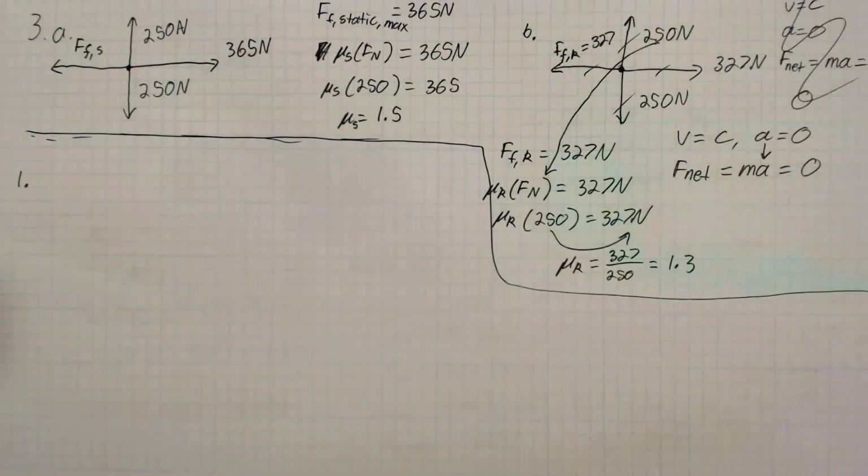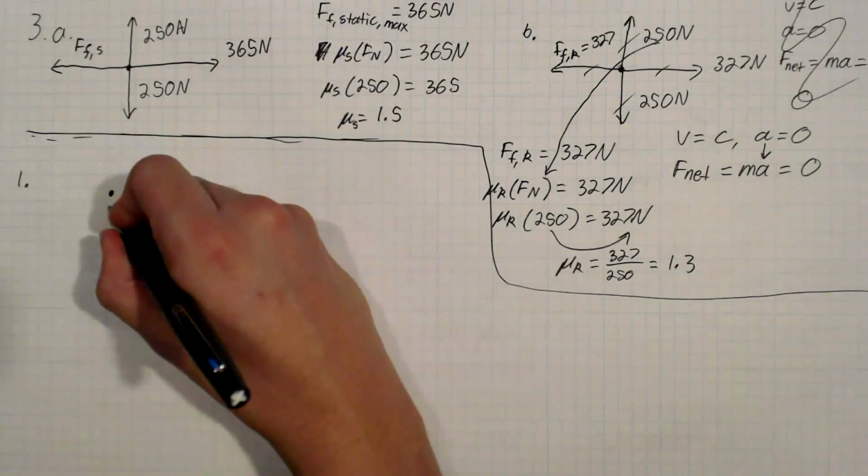A box of books weighing 325 newtons moves with a constant velocity across the floor when it is pushed with a force of 425 newtons exerted downwards at an angle of 35.2 degrees below the horizontal. Find mu sub k, the coefficient of kinetic friction between the box and the floor. Okay, so